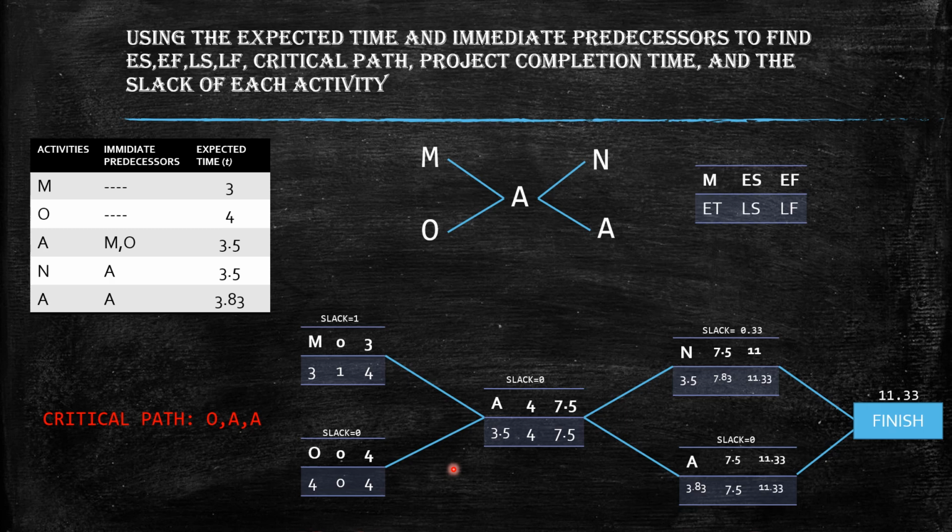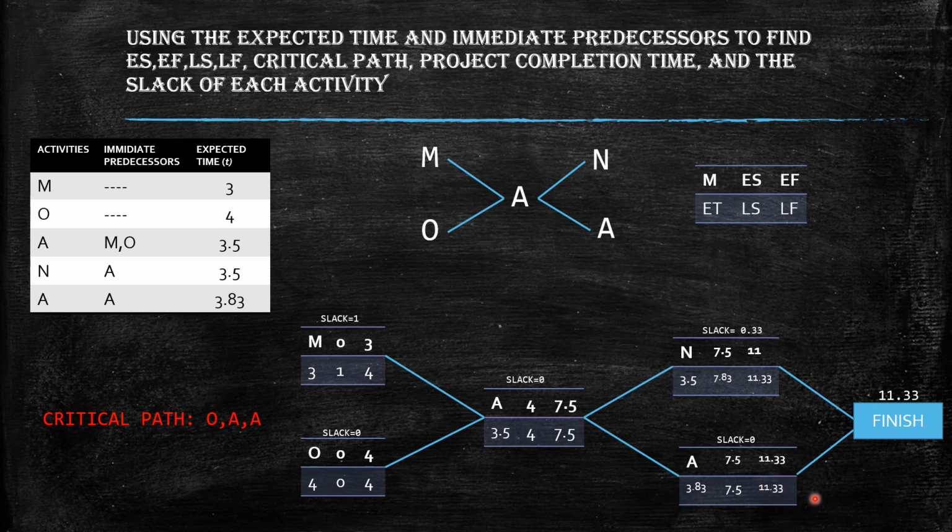And then, to get their slack, we have to minus earliest start to LS or earliest finish to latest finish. So, 0 minus 1, 1 minus 0 pala. 1 minus 0 is equal to 1. 4 minus 3 is equal to 1, same. So here, 0. Here also, 0. 7.5 minus 7.5, 0. Here also, the slack is 0. Since 7.5 minus 7.5 is 0.